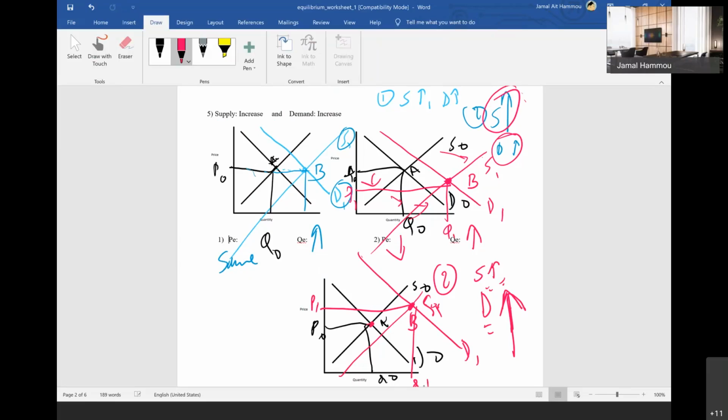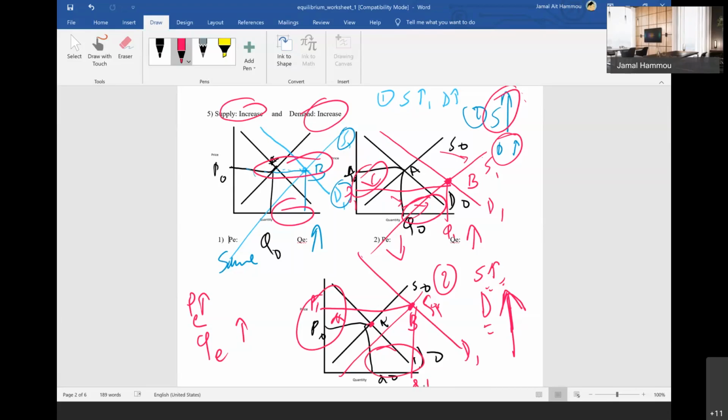So what happened to the price here? P1 goes up, the equilibrium price goes up, and the equilibrium quantity goes up. That's just because they are shifting at the same time. We have 3 situations. In the first case, the price stayed the same and the quantity increased. In the next case, the price went down and the equilibrium quantity increased. In the third case, the price increased and the quantity increased. So in all the 3 cases,